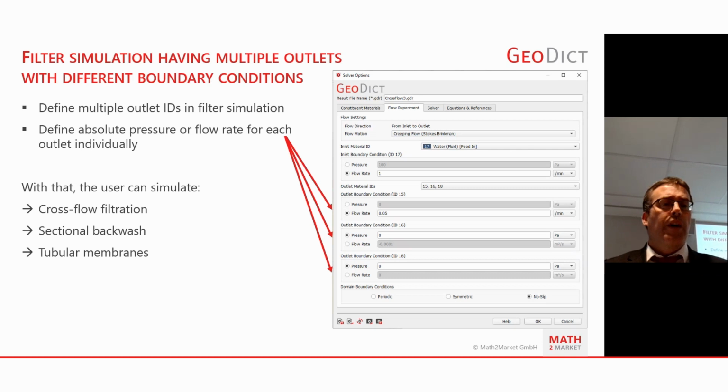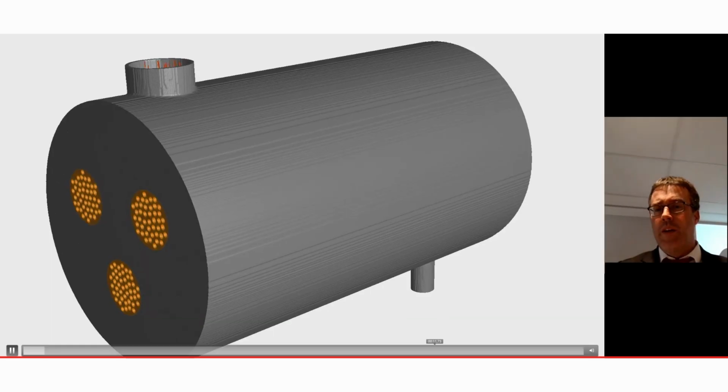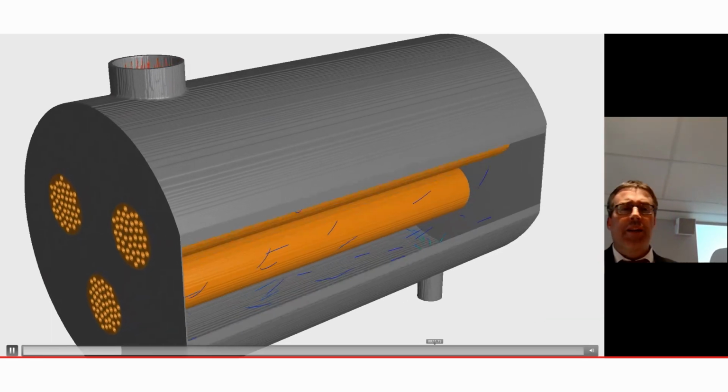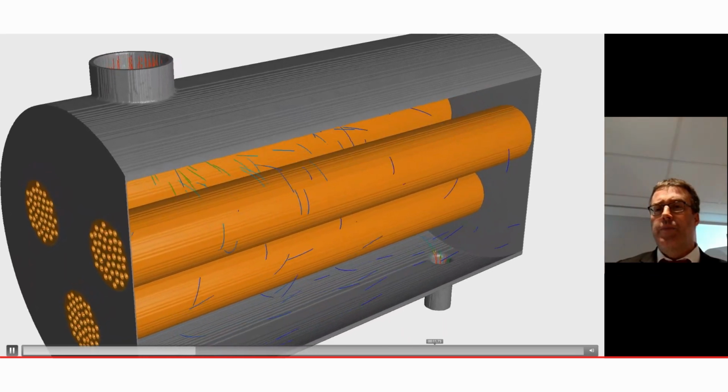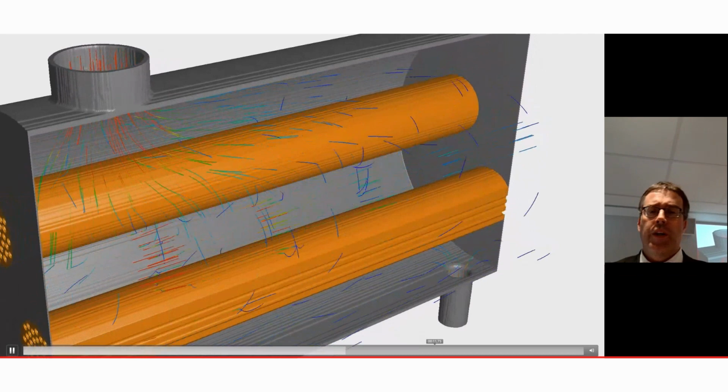So for example, here we have cross-flow filtration, sectional backflush of tubular membranes, and I actually wanted to show you one video we have already seen in the morning. A tubular membrane from the main inlet to the outlet, specifying two additional outlets which require flow through the membrane.